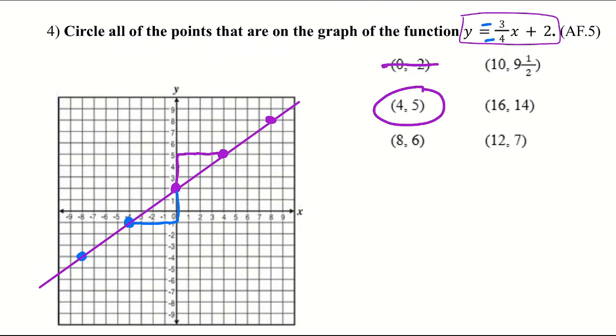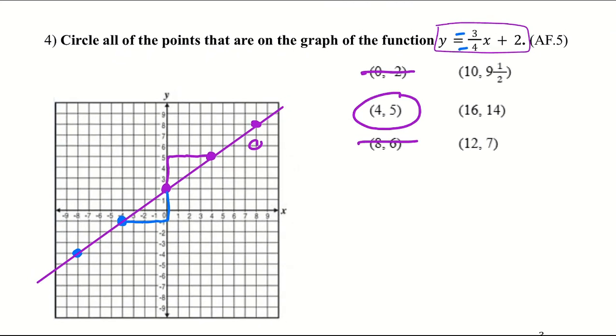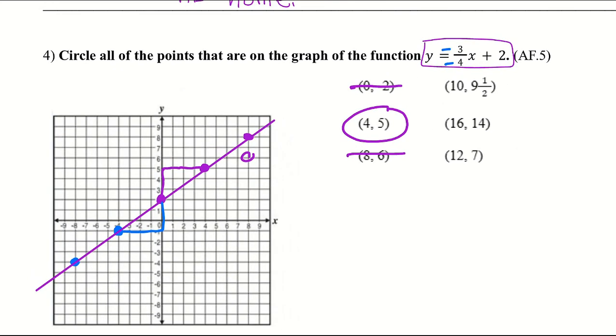And 8, 6. So if from the origin I go right 8, up 6, where is that? That will not fit. That's here. So that one's not going to work either. So we do have to use that method that I showed you in class for the other ones. Actually, maybe not. 10 and 9.5. Where's that? I would be willing to bet that that does work, but I am going to try that one. So these three on the right, I'm going to use that method where we use